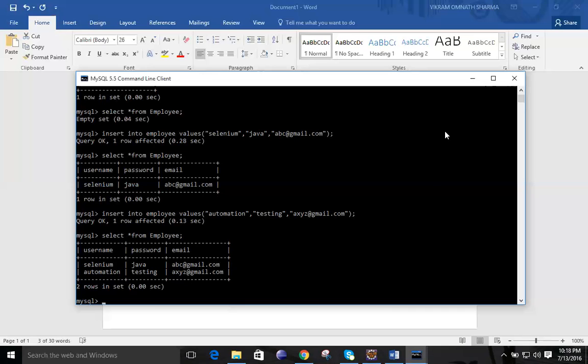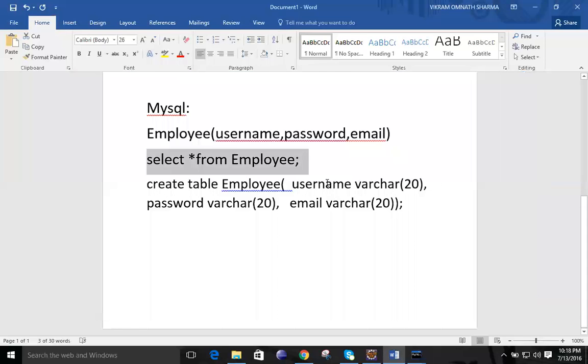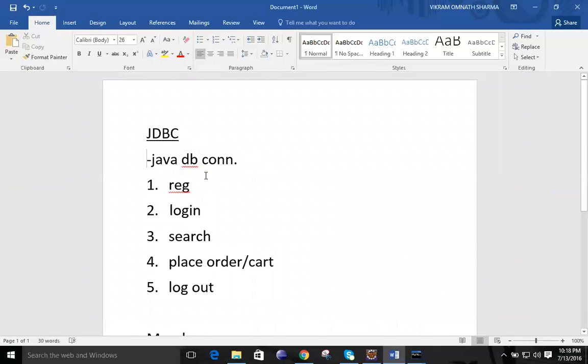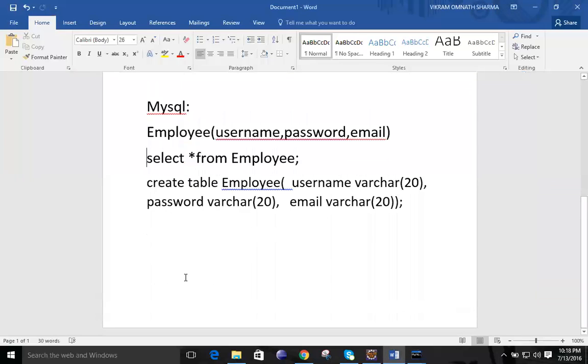So we are going to write the Java program. For that purpose, we have the concept known as Java Database Connectivity, which means from the Java program, you need to connect to the database. How can we connect? For that connection also, we require some steps like registering ourselves, login, then executing the query, log out, something like that. These similar steps are now going to be executed in the Java program. So what could be the Java program for this one?